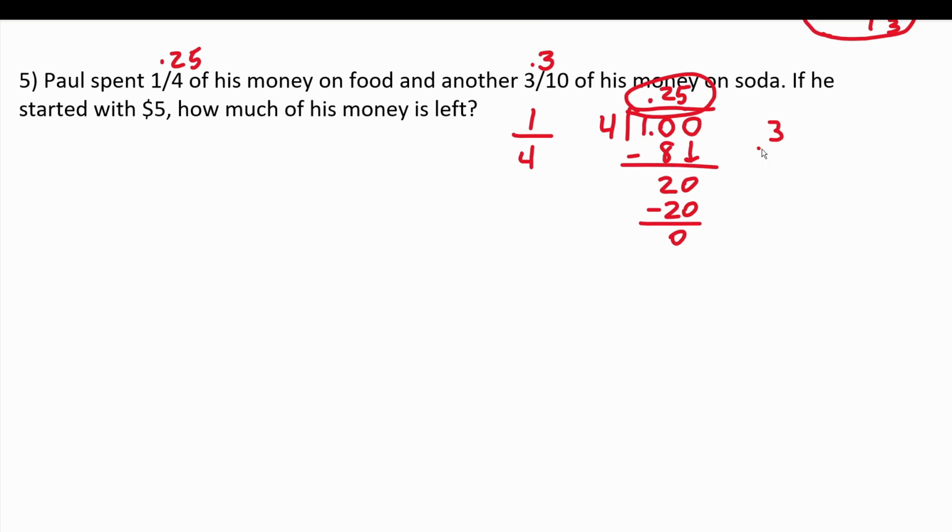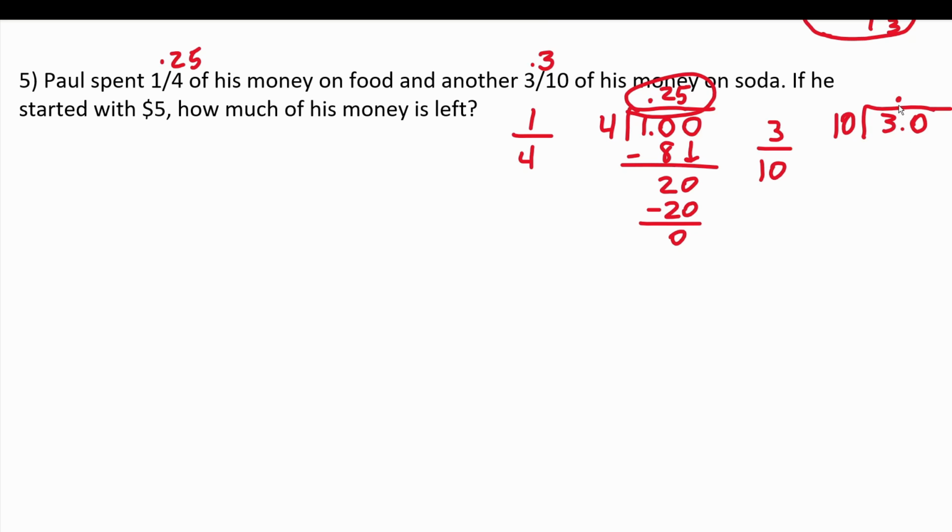Let's do the same thing for 3/10. Again, we're going to regard this as division, notably as 3 divided by 10. We start by asking ourselves, how many times does 10 go into 3? It doesn't, so we have to add a decimal and a 0 placeholder. Again, you can add as many 0 placeholders as you need to perform the long division. So now the question is, how many times does 10 go into 30? Well, we have to bring up our decimal first.